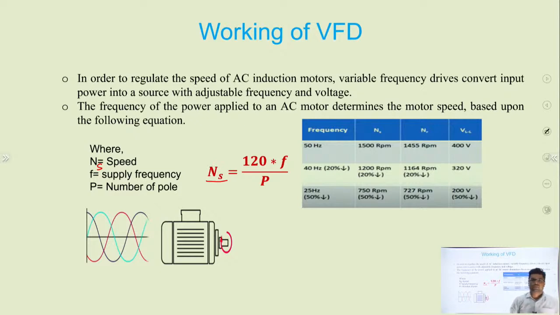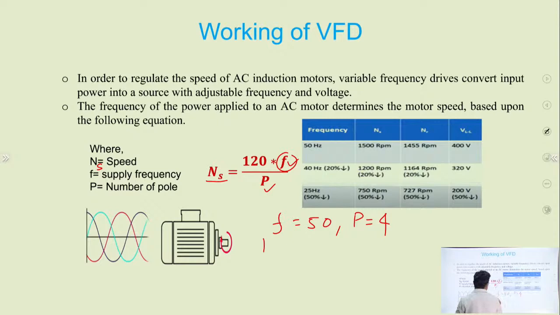We know the formula we generally use is 120 F upon P, where F is the supply frequency and P is the number of poles of the circuit. So if we vary the frequency, say F is 50, the supply frequency of our country India, and suppose the number of poles is 4, a 4 pole induction motor, then the synchronous speed is 120 F upon P,